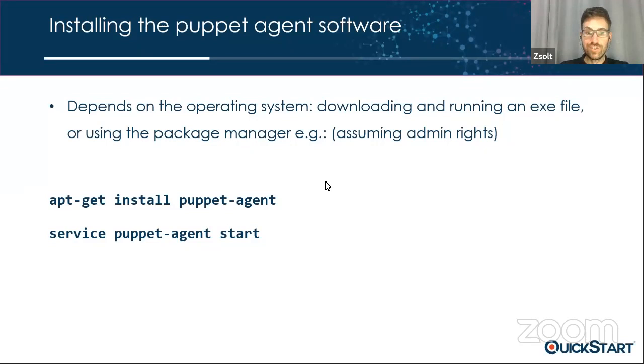Let's see the Puppet agent. There is nothing special in here, so you install Puppet-agent, and you need to start the service as well. You need administrator rights for it, on some operating systems, including Linux. And on Windows, you have a file, basically, that you need to run, and then you need to run that service. And then in the command prompt, you have the Puppet commands available to you, and you can run Puppet configuration on Windows. I might show this to you relatively soon.